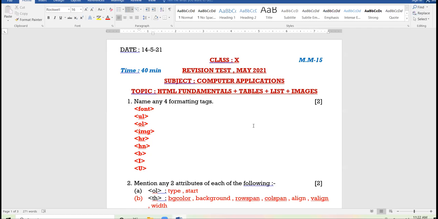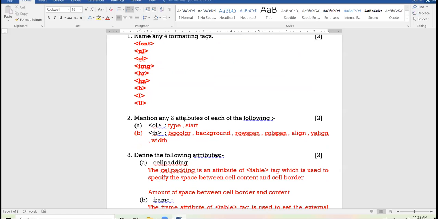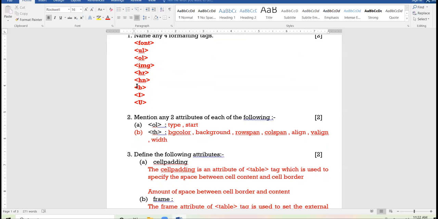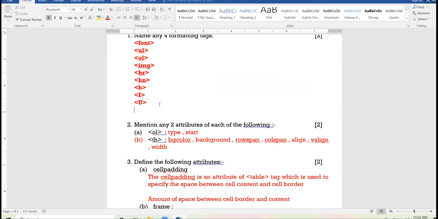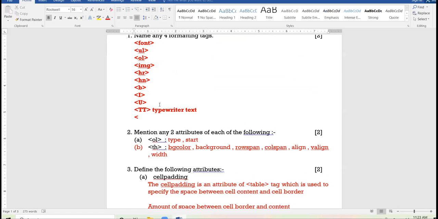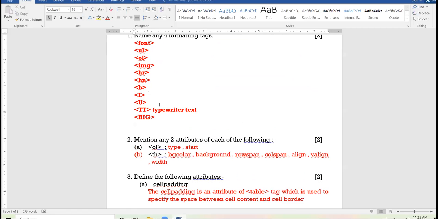Next question. Whosoever knows, raise your hand. Name any 4 physical styles. Yes, Princey, do you know the answer? Beta, physical styles in HTML are bold, italic, underline, typewriter text, then big, then small.